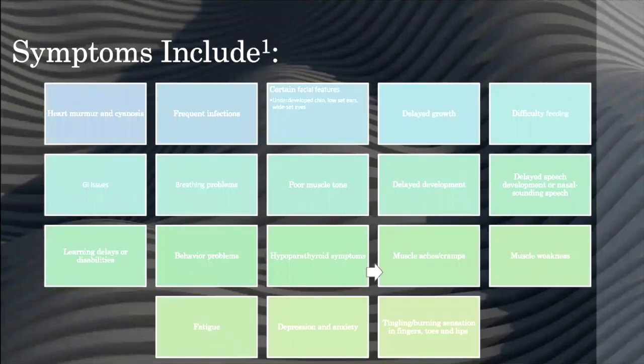Symptoms include heart murmur and cyanosis. The cyanosis happens because of poor circulation of oxygen-rich blood as a result of the heart defect. Other symptoms are frequent infections, certain facial features such as an underdeveloped chin, low set ears, wide set eyes or a narrow groove in the upper lip, a gap in the roof of the mouth, which is called a cleft palate, or other problems with the palate. Delayed growth, difficulty feeding, which can result in failure to gain weight or GI-like problems. Breathing problems, poor muscle tone, delayed development, delayed speech or nasal sounding speech, learning delays or disabilities,